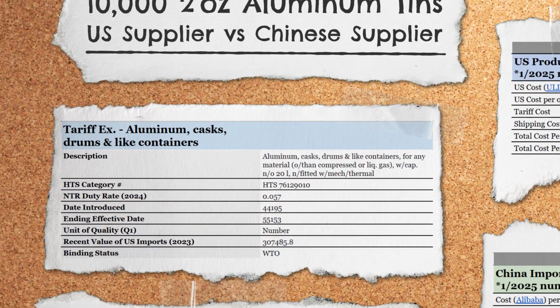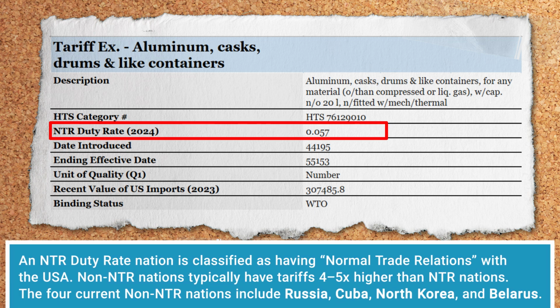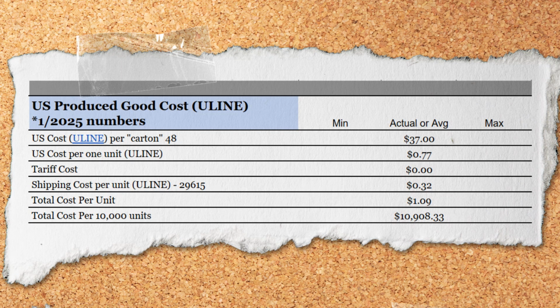First, you gather info on the tariff itself. You identify that China is an NTR duty rate nation, meaning it is classified as having normal trade relations with the United States. There is also a category for non-NTR nations, which typically have tariffs 4 to 5 times that of NTR nations. Next, evaluate the cost of the units in the United States, sourced from Uline,